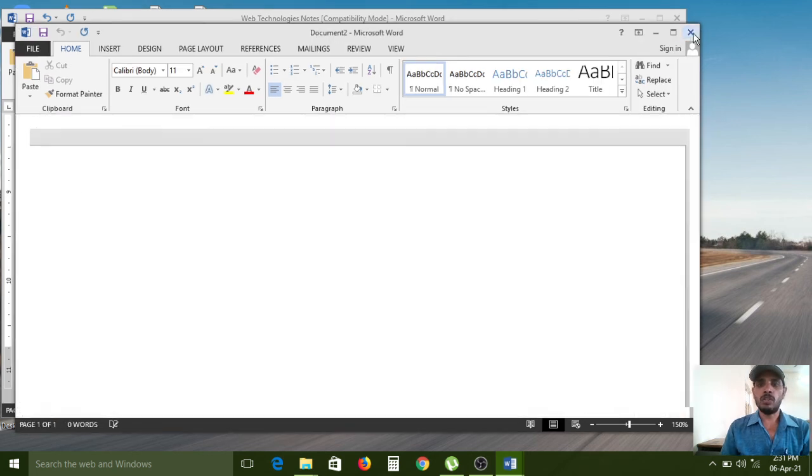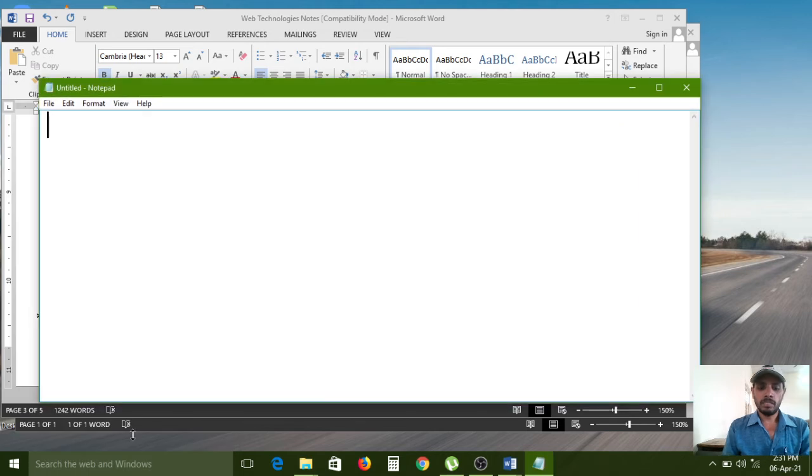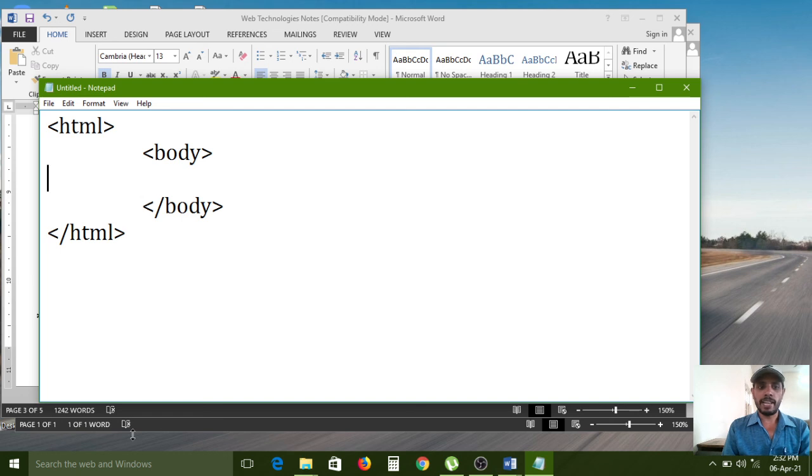Now I am opening a Notepad window. Here is the HTML opening tag and HTML closing tag, and body is the opening tag, body also has a closing tag. Because of this, all are opening and closing tags. These all are paired tags. Paired tags are also called container tags. Next, I am opening a heading tag. H1 is the heading tag. It is displayed in a heading format, and